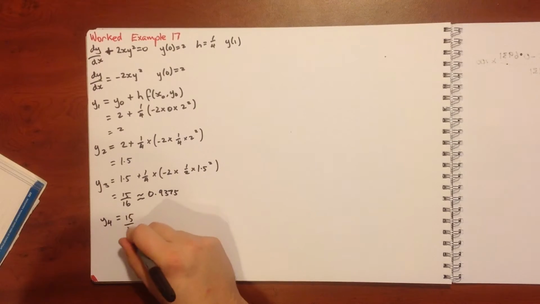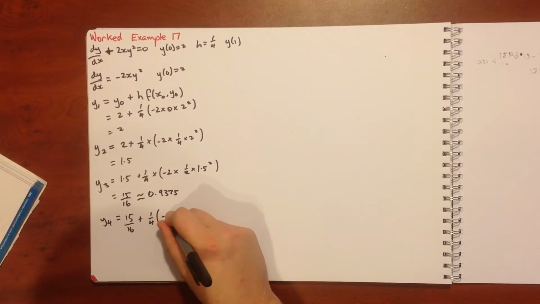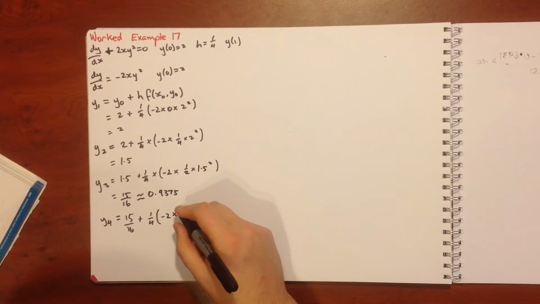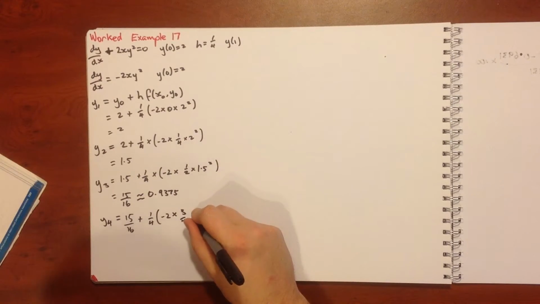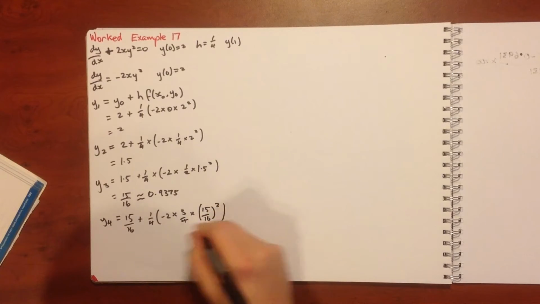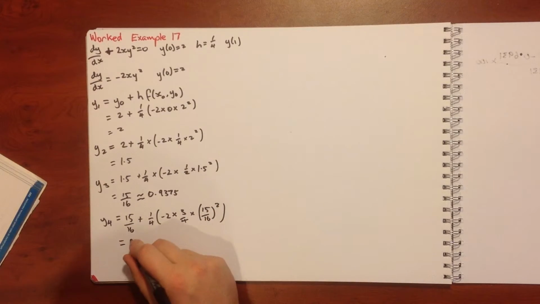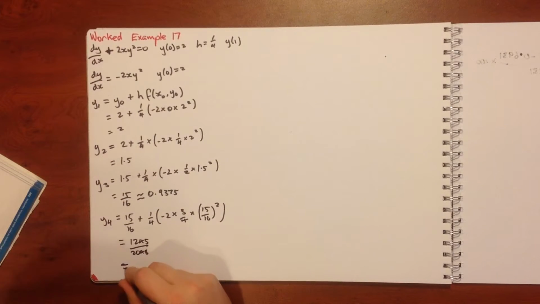So our last one is 15 on 16 plus our quarter, outside of our minus 2, times our 3 quarters, because we have to go up our h step again, times by our 15 on 16 squared, which is going to give us a value of 1,245 on 2,048,